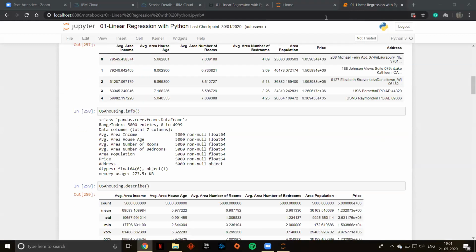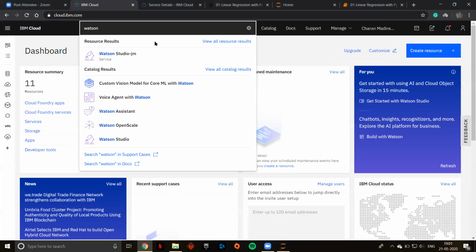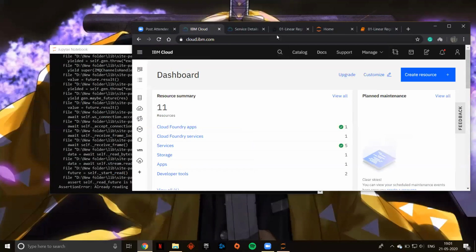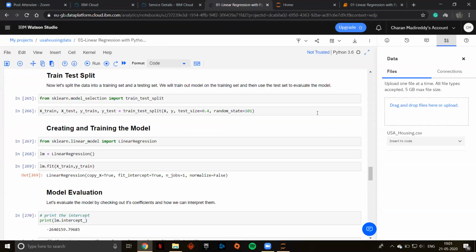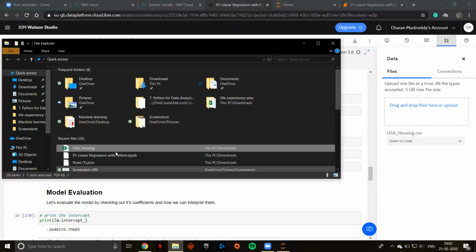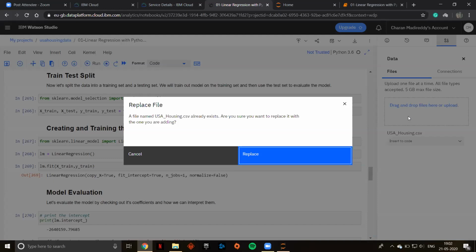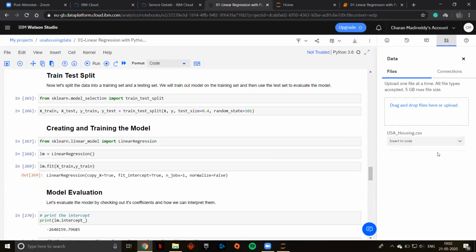Yeah. For now, we'll go to our IBM Cloud. So what we are going to do is drag and drop a CSV file here. Yeah, you got the CSV file, right?